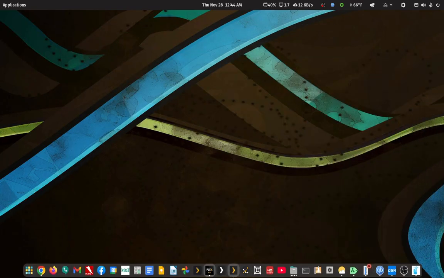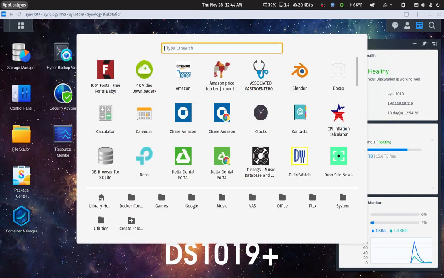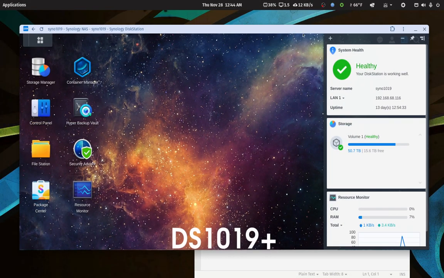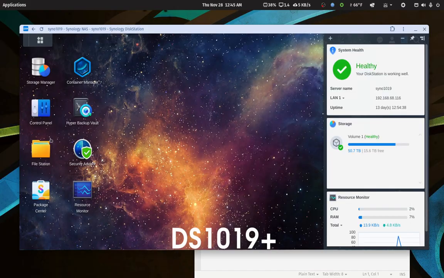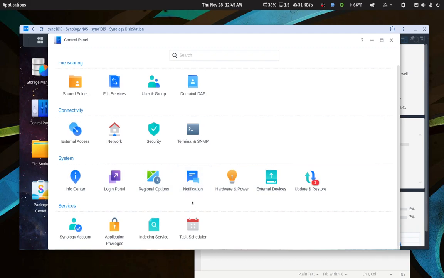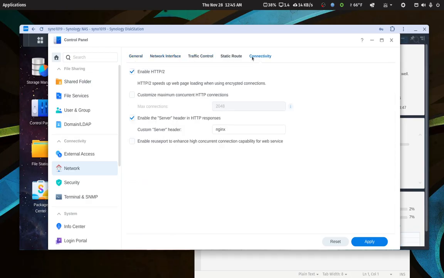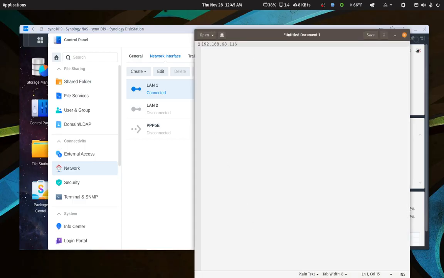Let's do a little thing. Let's see if I can do this from memory. Let me get a notepad. Okay. Let me go into control panel. Let's go into network. Where is it? Network interface. Okay, so this is the IP address of this. Okay, so